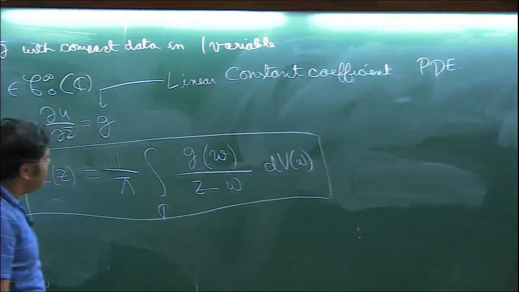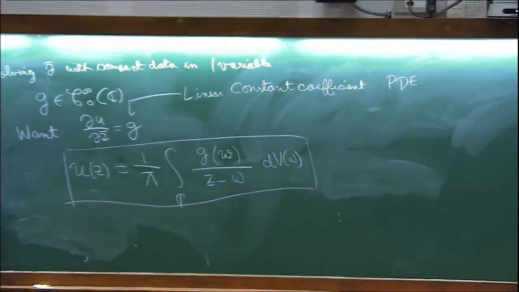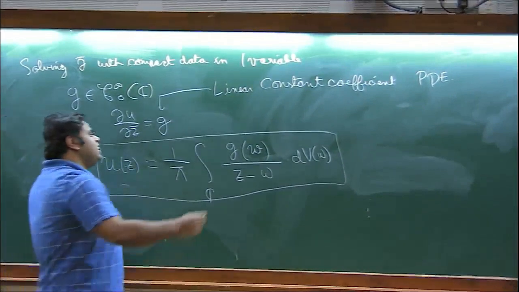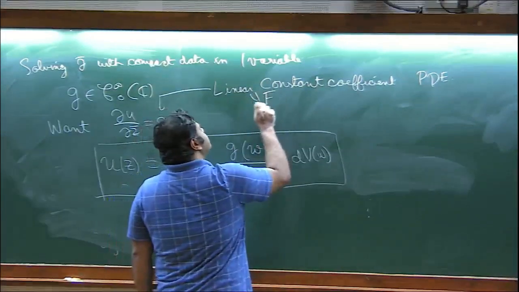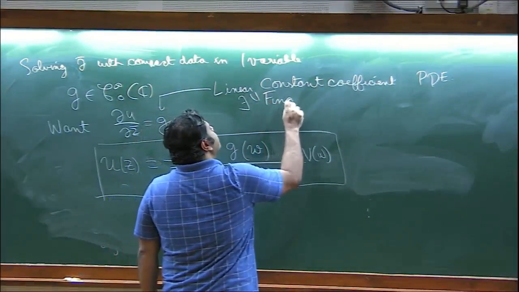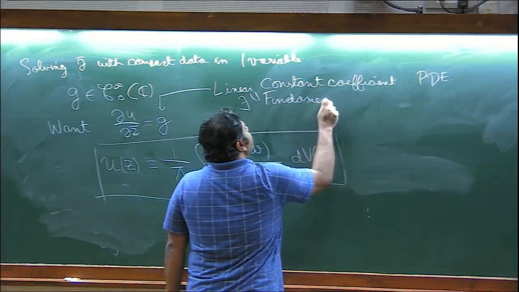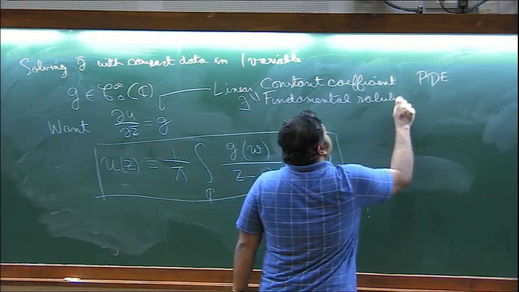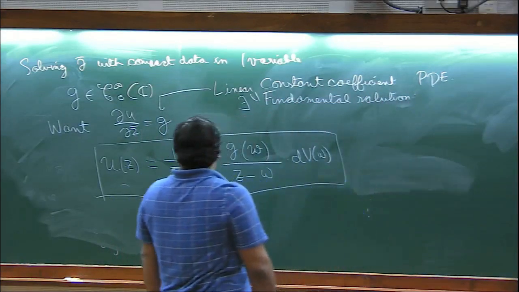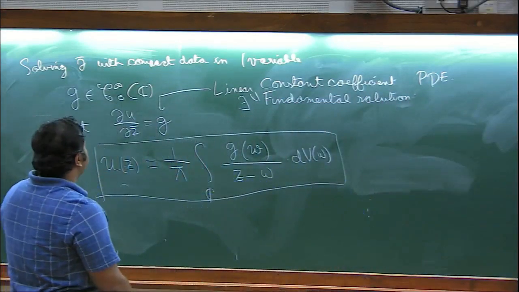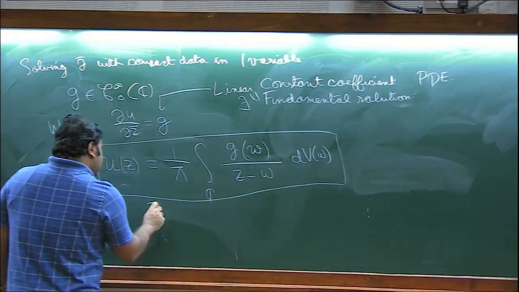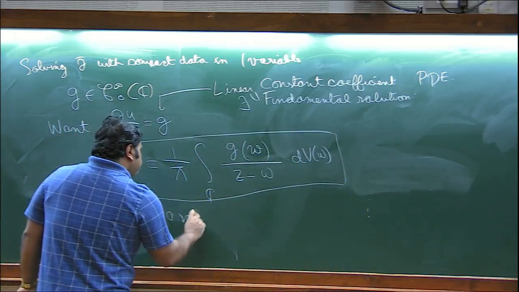So it is a theorem that for such equations there exists what is known as a fundamental solution. So what does fundamental solution mean? Or I should say, for that operator there exists a fundamental solution. So that means there exists a solution